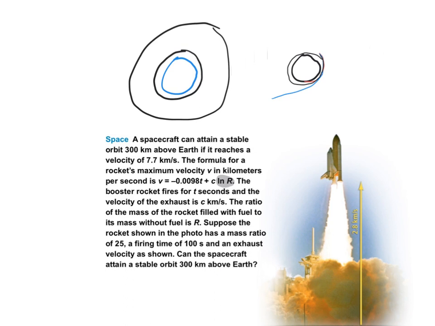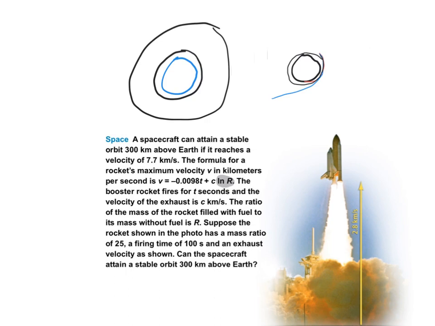So a spacecraft can attain a stable orbit 300 kilometers above the Earth if it reaches a velocity of 7.7 kilometers per second. The formula for a rocket's maximum velocity in kilometers per second is v equals, and then we have that equation with a natural log in it as well. The booster rocket fires for t seconds, and the velocity of the exhaust is c in kilometers per second. And then the ratio of the mass of the rocket filled with fuel to its mass without fuel